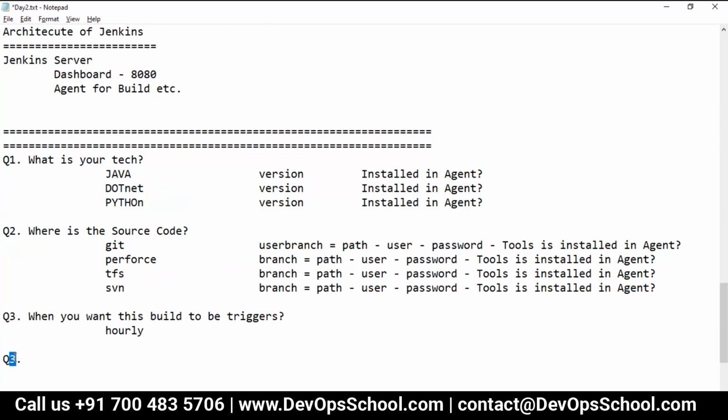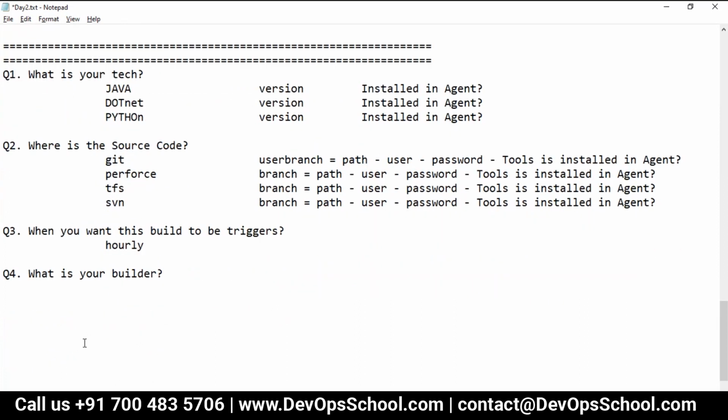Fourth, what is your builder? Guys, builder means, does anyone have an idea? Like an Ant build or a Maven build, something like that. Yeah, correct. Maven, Gradle, MSBuild,